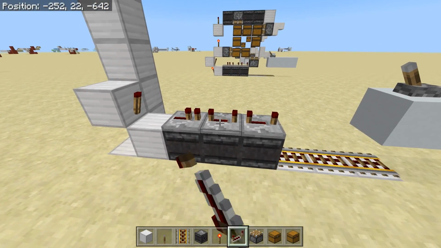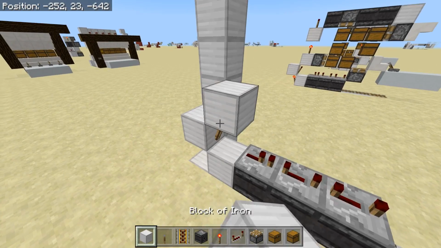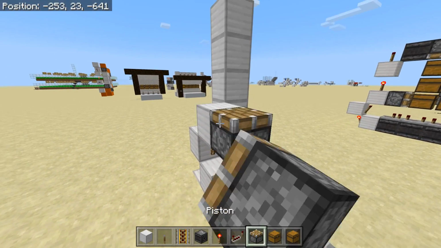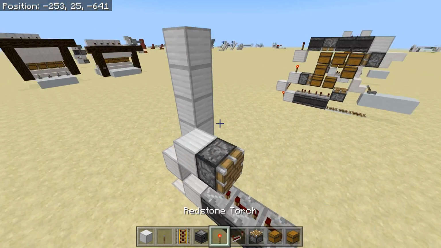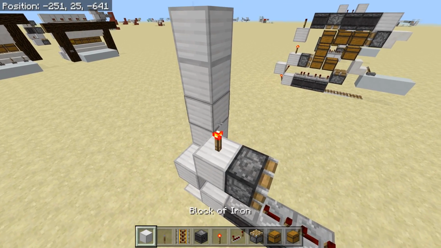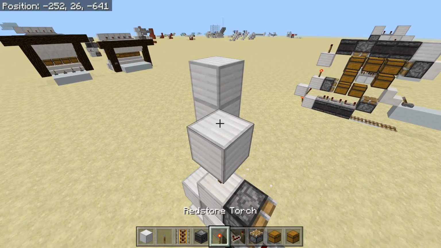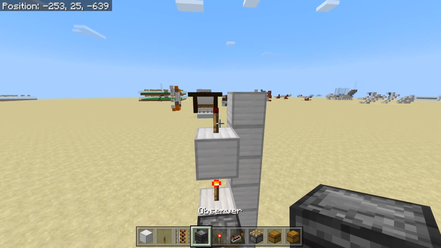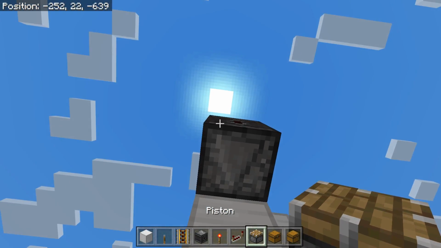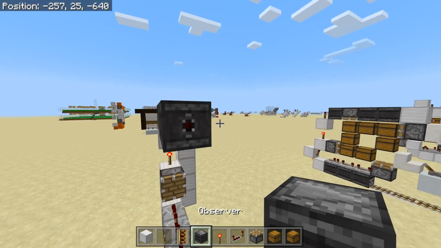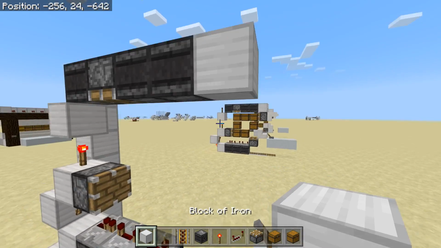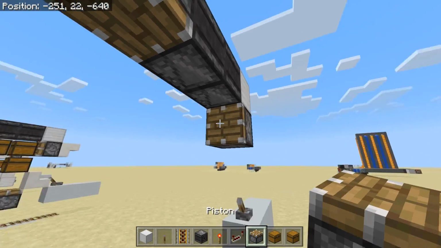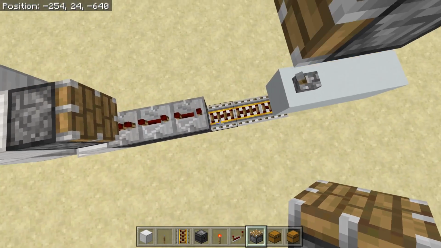You need these 2 to be on 4 ticks. That one is default. Block above that, redstone torch, piston facing forward right there, redstone torch on top of that block, block up on top of that, redstone torch, and then observer facing this way, piston facing downwards, 2 more pistons going that way, and then normal block there, piston facing forward, and then you need a piston facing upwards